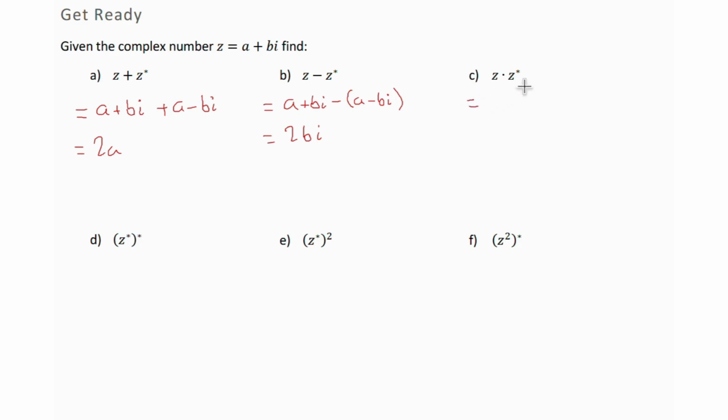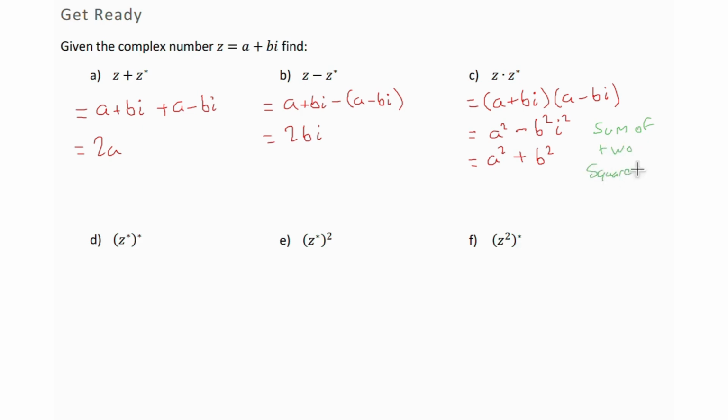z times z conjugate. So this is a plus bi times a minus bi. Now this is a difference of 2 squares in itself. So we know that this is going to expand to a squared minus bi squared, which is b squared i squared. But i squared is negative 1, so this simplifies to a squared plus b squared. Now this result is what's sometimes known as the sum of 2 squares,